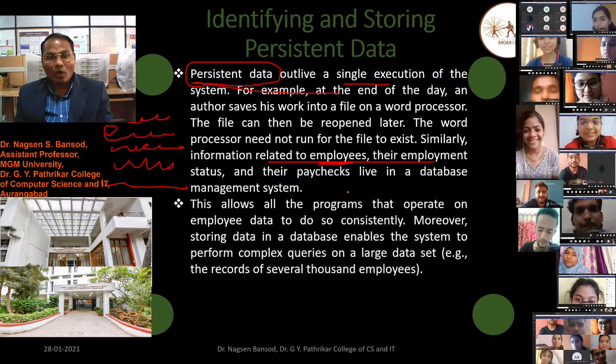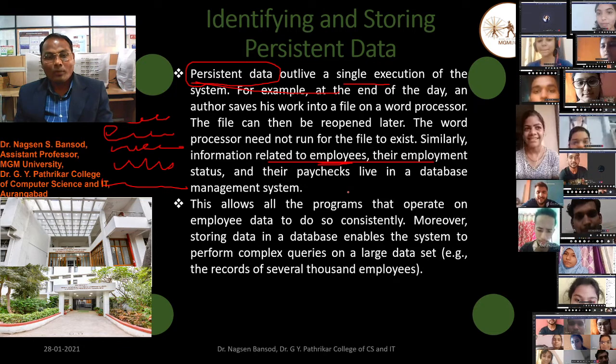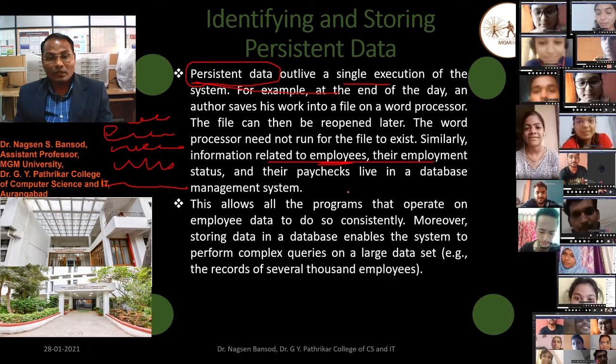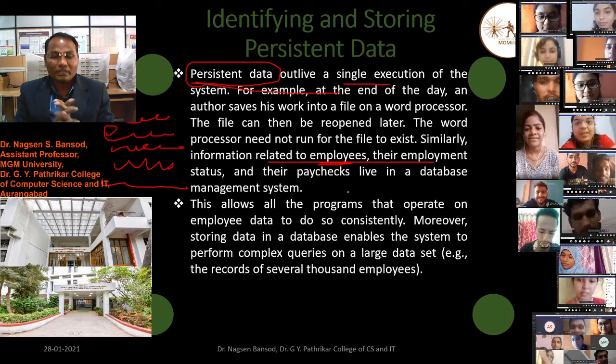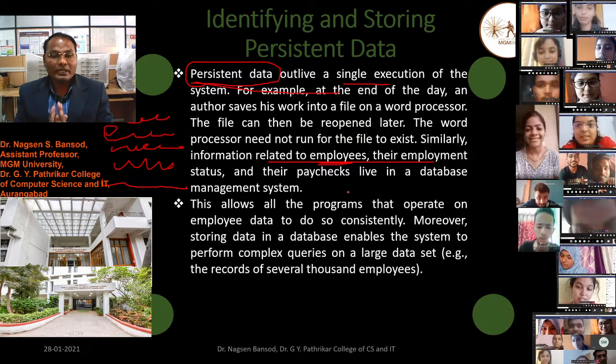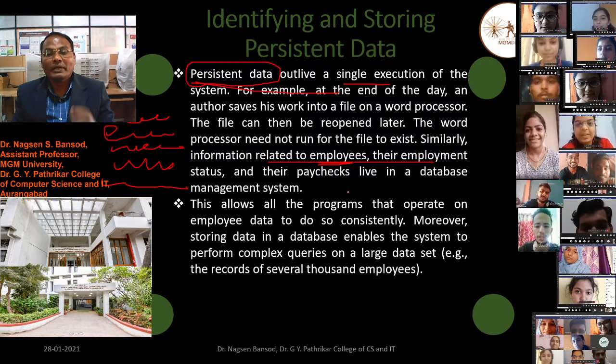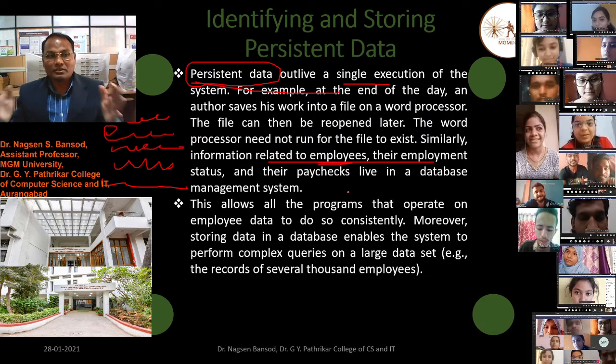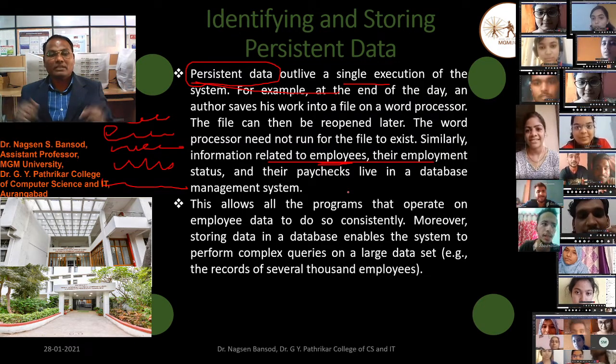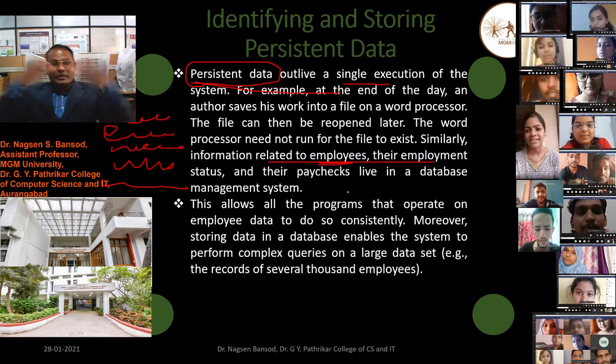This allows all the programs that operate on employee data to do so consistently. Moreover, storing data in a database enables the system to perform complex queries of large data sets. Example, the records of several thousands of employees.